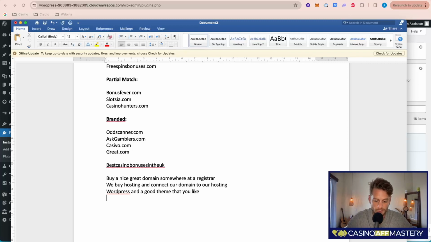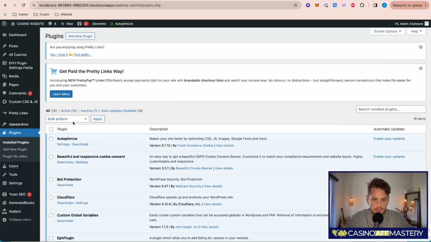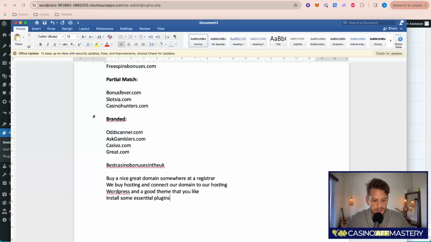Next step is to install some essential plugins. Basically, you're just going to install Yoast SEO or Rank Math or some similar SEO plugin. You're going to want something that is protection, like a firewall kind of thing. Usually that comes with WordPress. And you also want one plugin for optimizing code, like Autoptimize that I'm using. There are some very essential plugins that are needed. And after that,